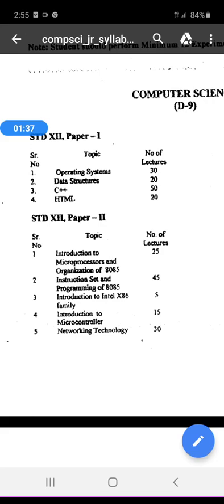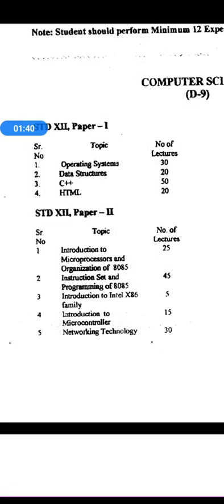And the fourth topic in Paper 1 is HTML, which is also a programming language, but in the real sense we cannot say it is a programming language. So we are going to design some web pages using HTML code, simple web pages, not interactive web pages. We see what is HTML, then its advantages, disadvantages, and then we go for the different tags of HTML like list tag, image tag, anchor tag, table tag,